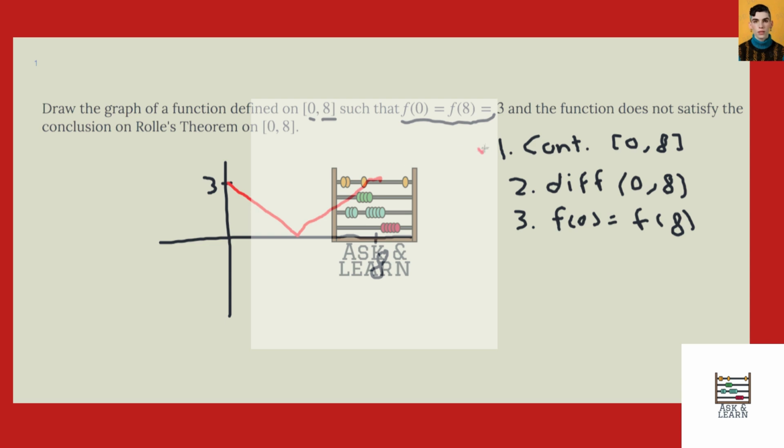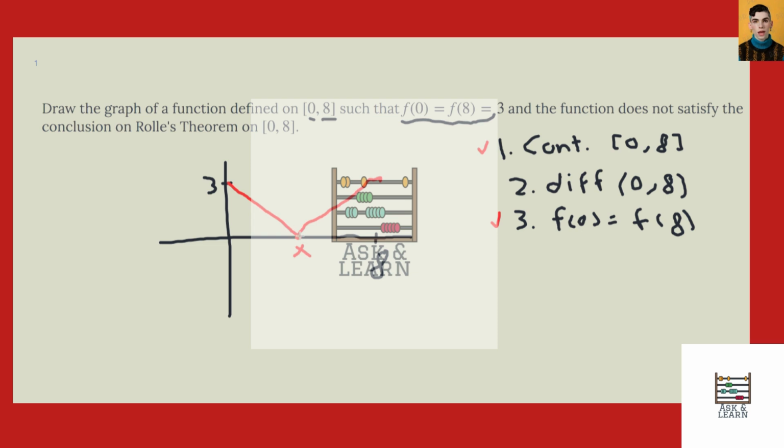So this is true. And we know that the endpoints, f(0), which is 3, and f(8), which is also 3, is true. So this is also a true statement. But this condition right here, differentiable on (0, 8), this isn't true because at this point, whatever point this may be, let's just call it x. This point at x on some number between 0 and 8, I can't take the derivative here because this is